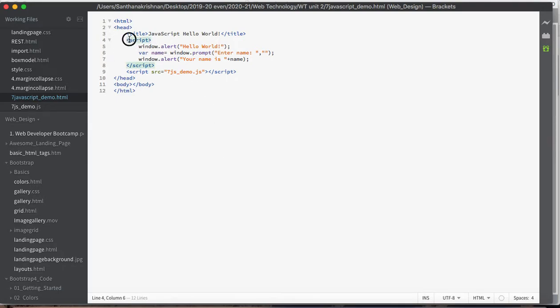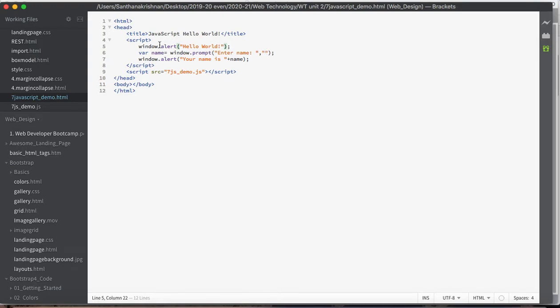So I'm using both internal or embedded script and external script. Both the files, both ways I am going to demonstrate. In this script, we are displaying the alert message, and what we are doing, enter username, this is the string it will display in the pop-up message, comma, here this is the second string.